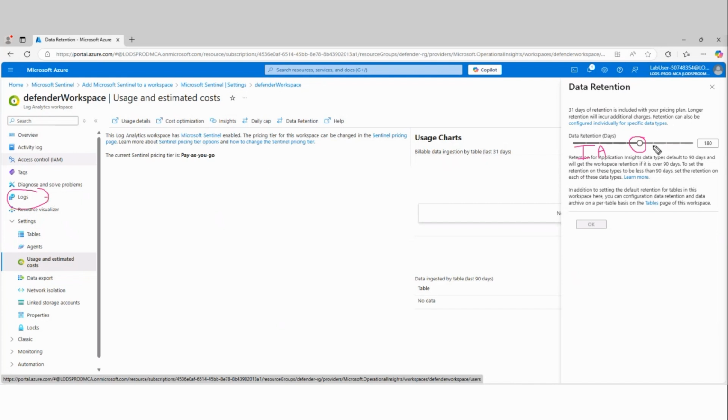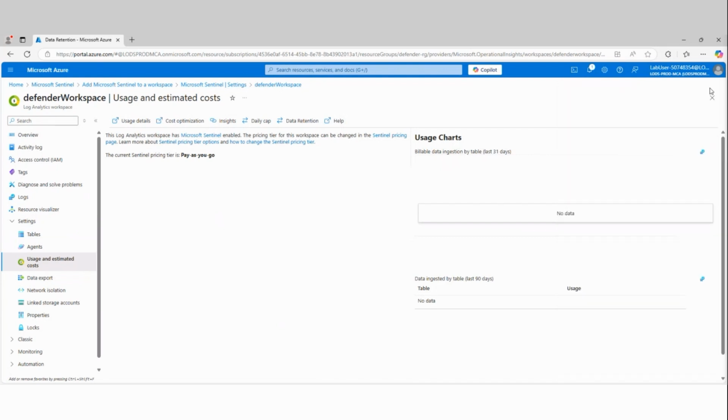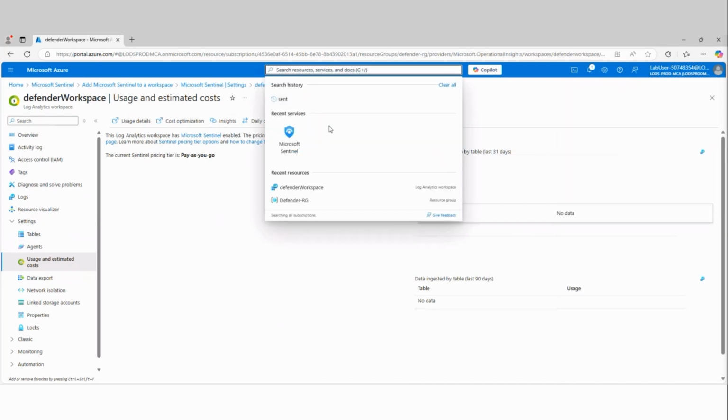After 180 days, if we configure archiving, on day 181 the first day's data would then be archived. The oldest data would be archived. On day 185, the first 5 days, so day 1, 2, 3, 4, and 5, that data will then be archived. So it's a kind of rolling time period that we have here. But for now, we're just going to worry about the interactive logs, which we're going to store for 180 days. So that will be your initial setup that you would do for that process.